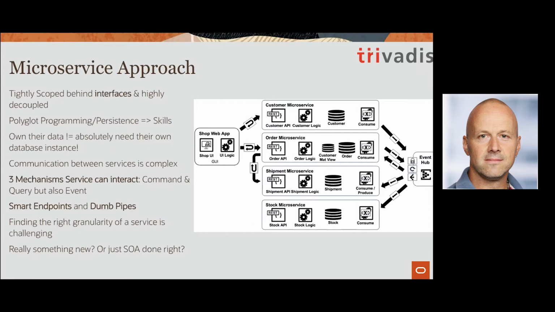If you send it out as an event, you'll see on the right side the event hub, a new infrastructure which comes into the picture. You need an infrastructure where you can send out the event. And in that way, you no longer have a coupling to the shipment microservice. Of course, you have a coupling to the event hub, but the event hub should really be an infrastructure service, similar to the network.